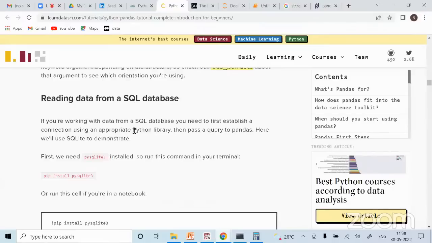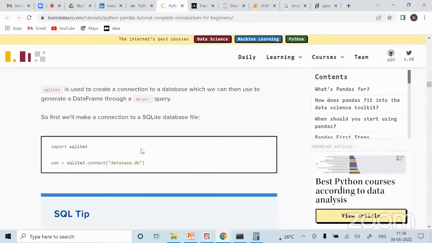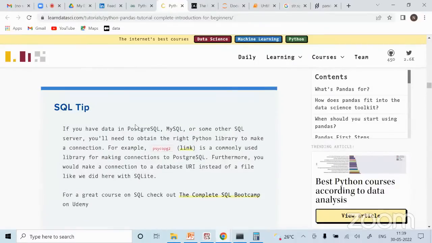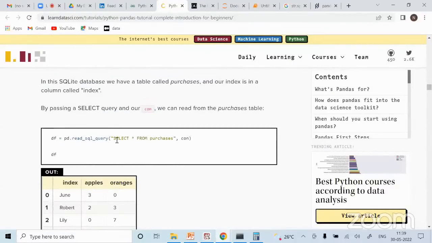You can also read data from a SQL database directly. So all you have to do is set up a connection to SQL, because think about how SQL works. How do you open or work with SQL data? You open SQL, either you have a SQL management system installed, or you open it on the cloud, then you give your credentials, right? You give the link, you tell the data name you want to open. Likewise, all these things you have to give. You have to tell which DB you are trying to connect with, your connection details or keys, and then you set up a connection, right? Once the connection is done, you can simply give the query, like we do in SQL, right?